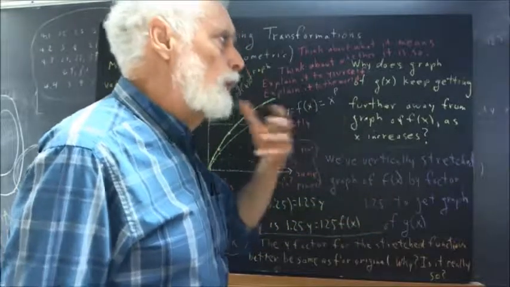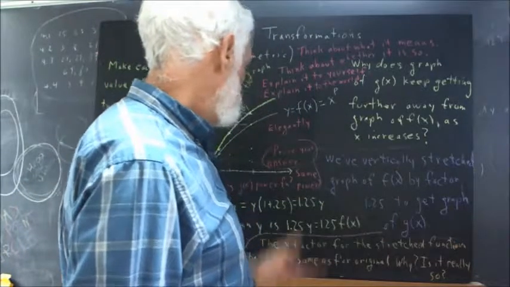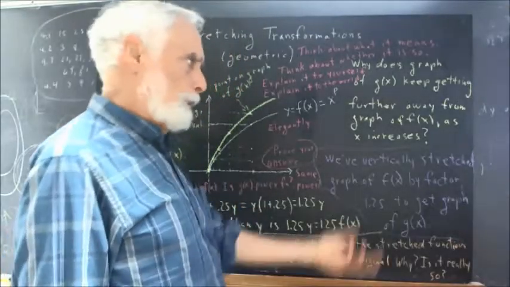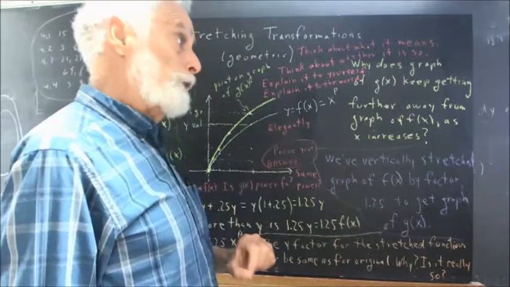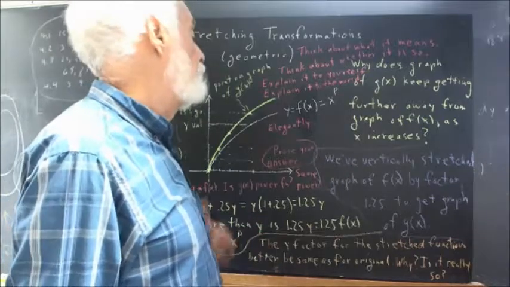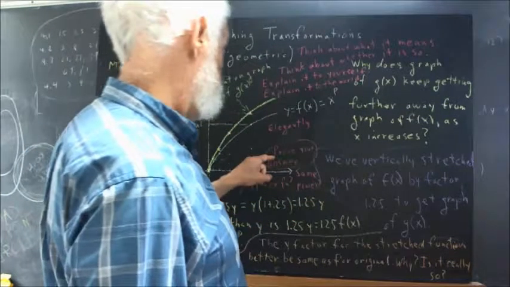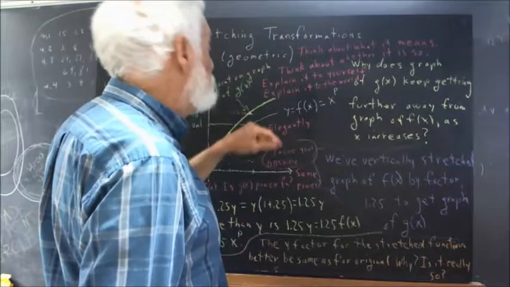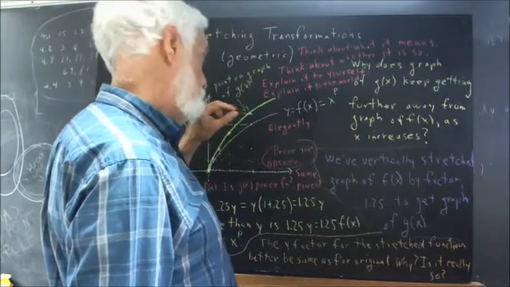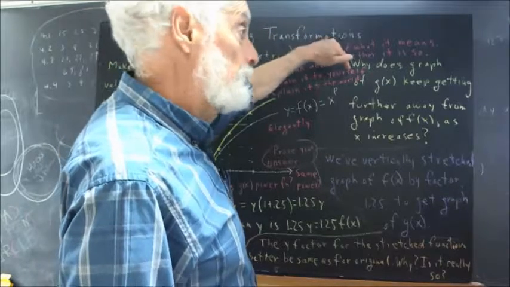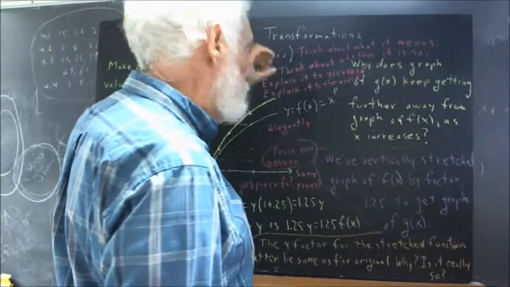Okay, so think about why that could happen. Think about why it couldn't be so. Is there a way it couldn't be so? Because in trying to find a way it couldn't be so, you might convince yourself that it must be so. Of course, if you find a way that it would not be so, then you've disproved your answer. You've proven your answer, which would be that no, it isn't. Okay. So explain it to yourself. Investigate it. Play around with it.